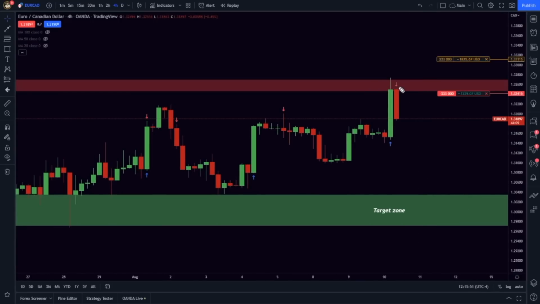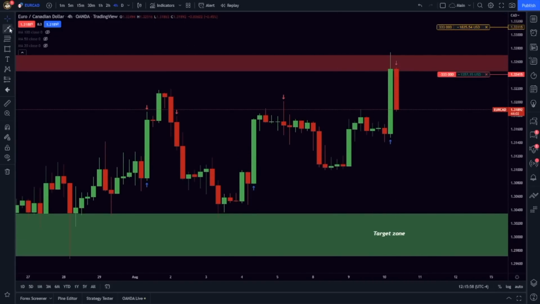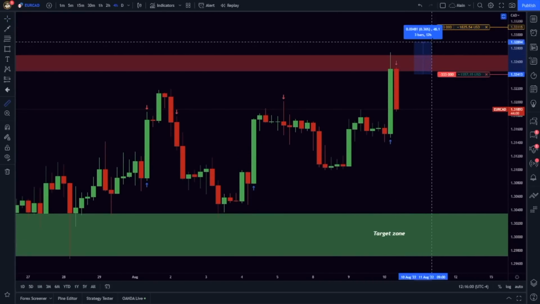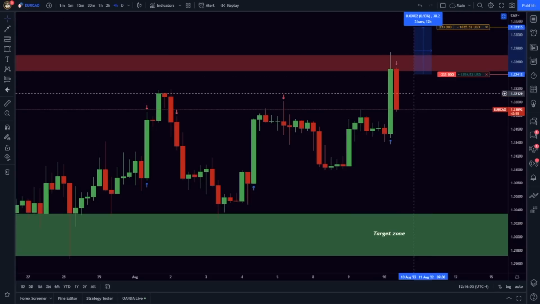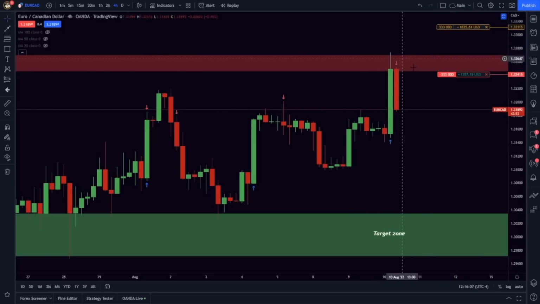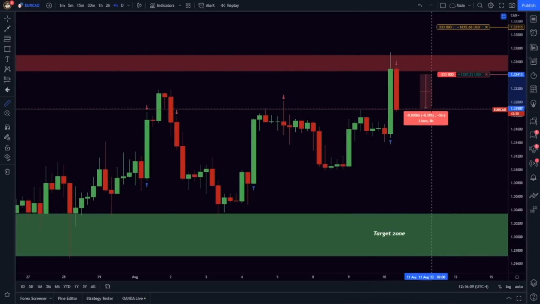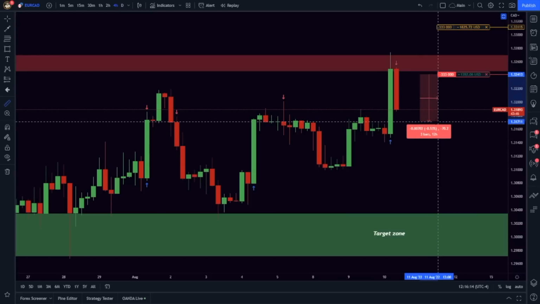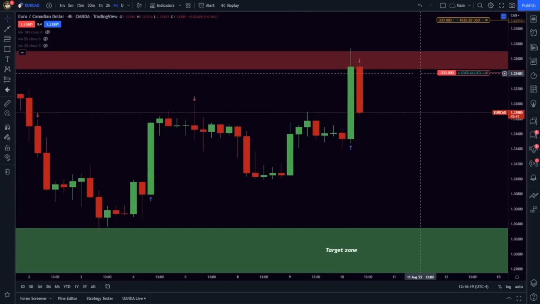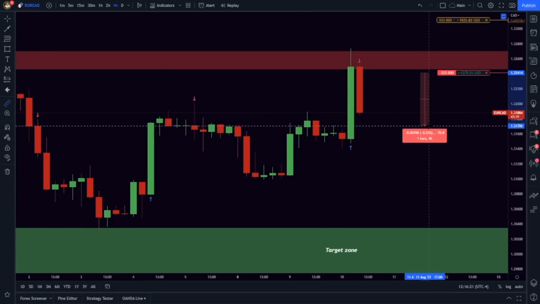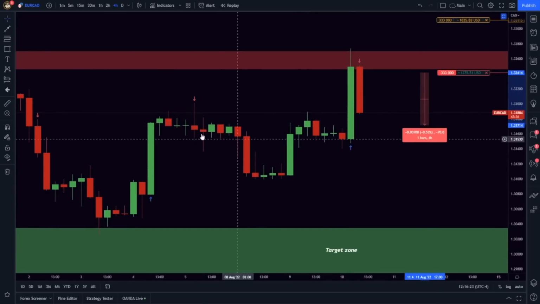Okay, so you caught the entry and price starts moving in your favor. Now what? Well, here's how I manage the trade. So if I mark out this distance from my initial entry up to my stop loss, it is 70 pips, right? So what I'm looking for before I even start to manage the trade is there's nothing to do here until at the very least we have 70 pips of profit on our hands. So if the market makes a move of 70 pips to the downside, which we can mark right here,